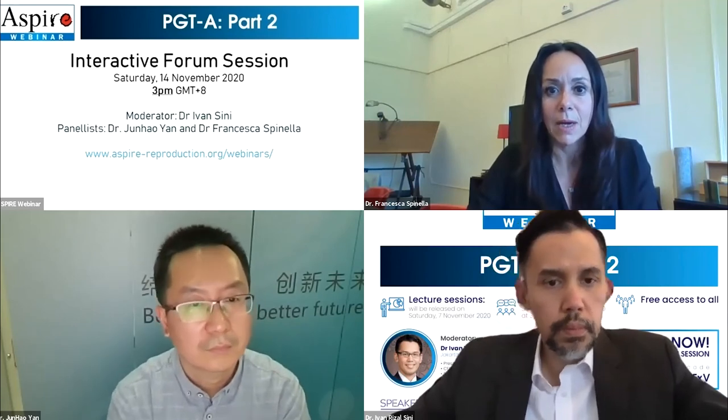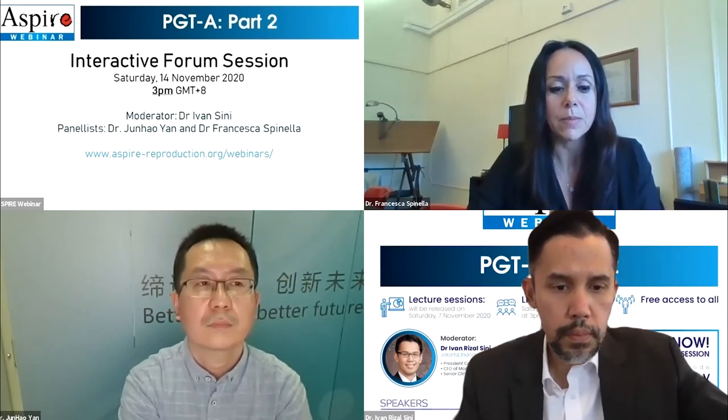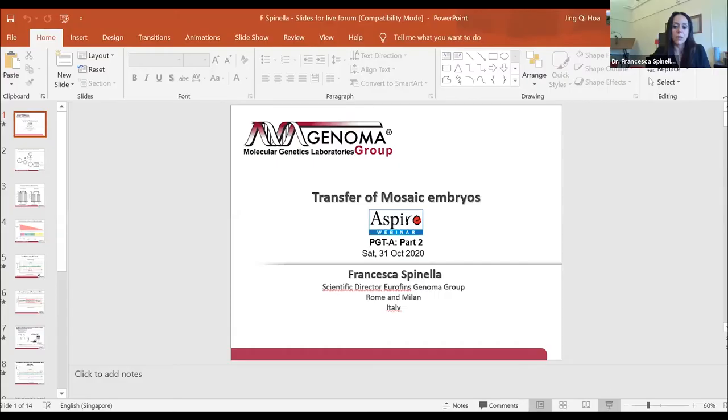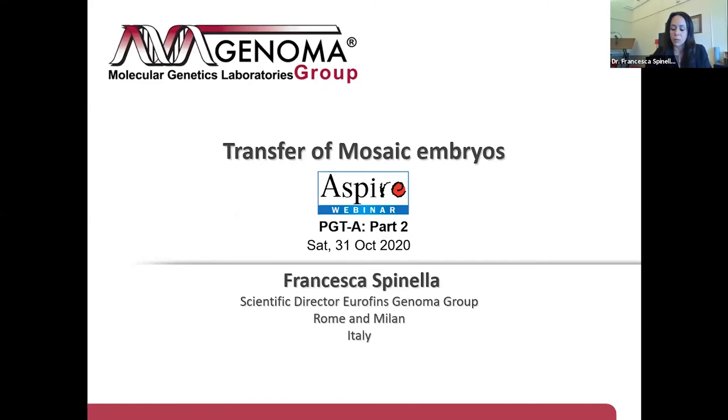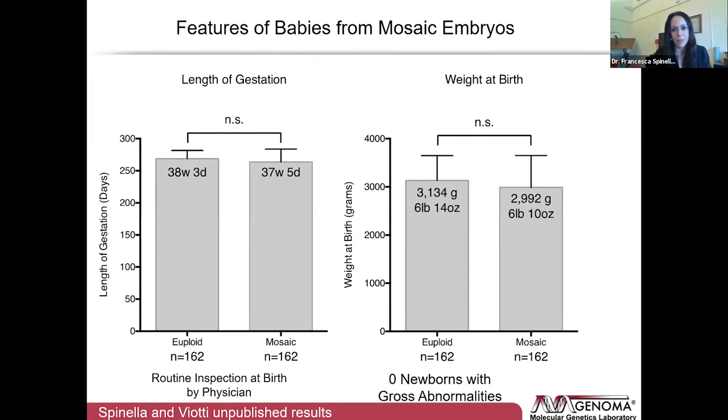Maybe I have some slide that I can show you about this kind of experiment that are recommended to perform. This is because actually not all of the platforms used for mosaicism detection can call the chromosomal mosaicism automatically. So it's important to define the range within which each copy number needs to be called. So in the next slide, this is regarding the clinical outcome, but if you can have the next one,